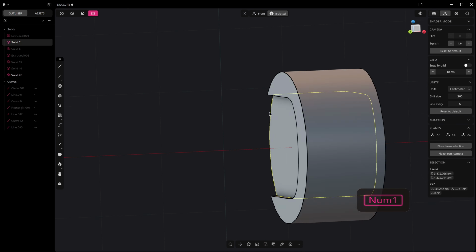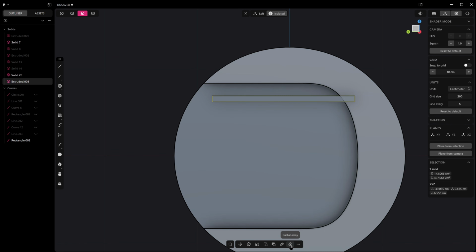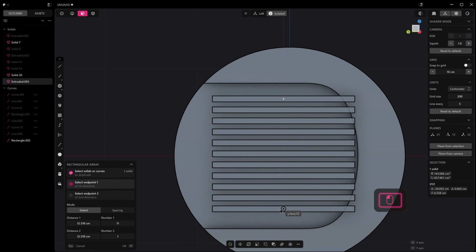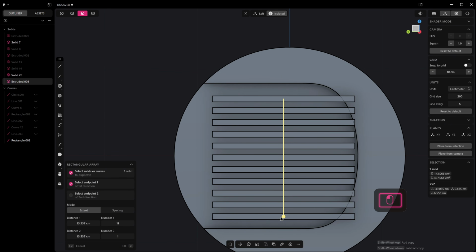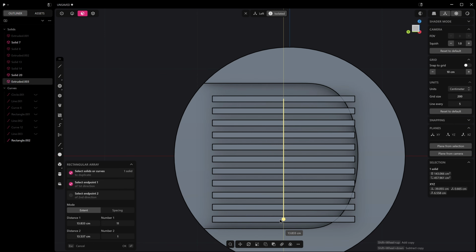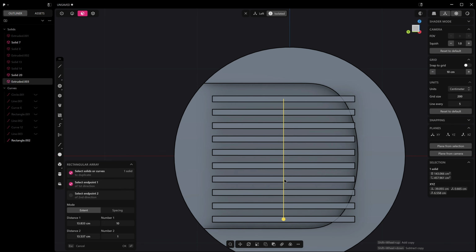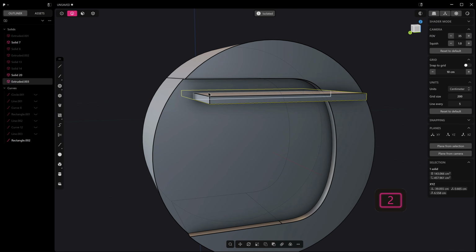And now that we've got that up there, we can go into left mode, Control and 3, and we can hit rectangular array and just pull this down like so. And then once we've right clicked to select, we can select how long we want our array to be. And we can also hold down Shift to select how many things that we want to do. Just before we do that, I want to give this a little bit of a shape here. So I'll just pull this around,